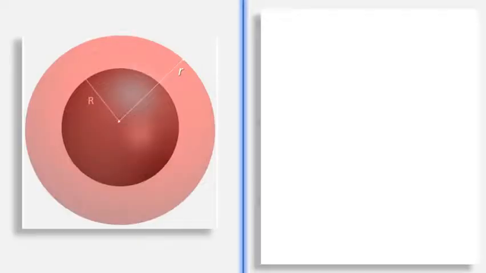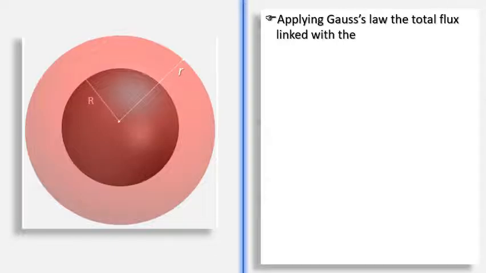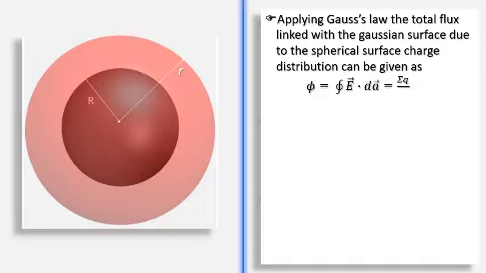So now we have our sphere and Gaussian surface, and we'll apply Gauss's law. So what is the next step? Now we will find out the integration of E dot dA. So basically we will substitute the area of the Gaussian surface. With E, being a sphere, we will take the area as 4 pi r square, and r should be small r. Next we will find out sigma q.